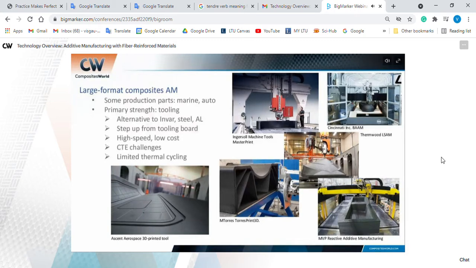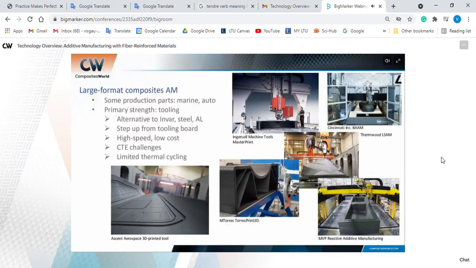We are seeing some production of large parts with these large format systems, mainly in marine and automotive. But the real sweet spot so far with large format is in tooling. And that sweet spot is in between sort of the high-end Invar steel and aluminum tools and the lower-end tools that might be developed with tooling board. And again, we're talking about high speed. We're looking at high-speed, low-cost tools